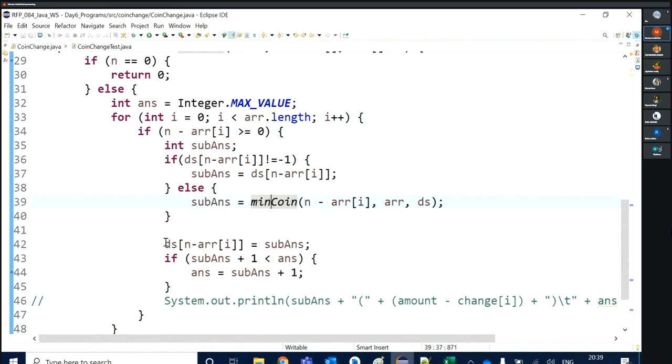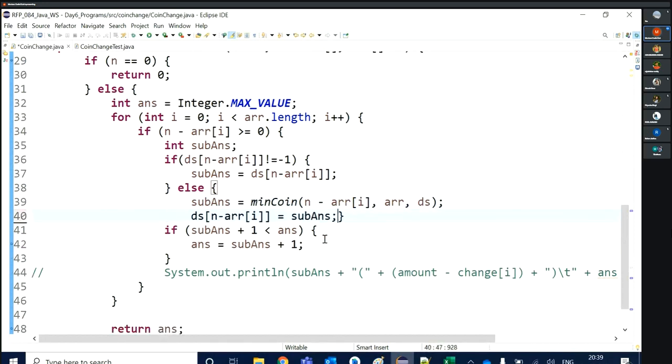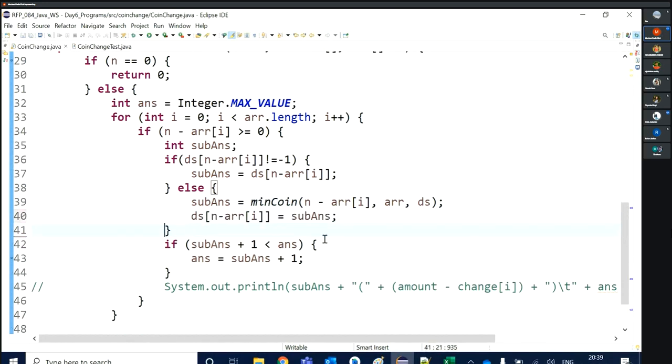And this line also, ds of n minus a, I will keep inside the else block only, not in the if block. Why? Because let's say I have the answer of 11 stored as minus 1. Then only I need to change my answer now.